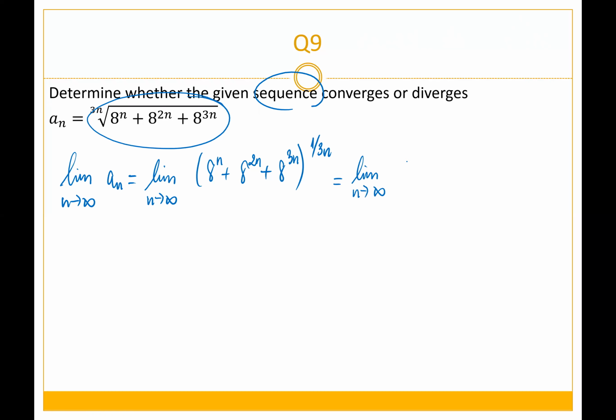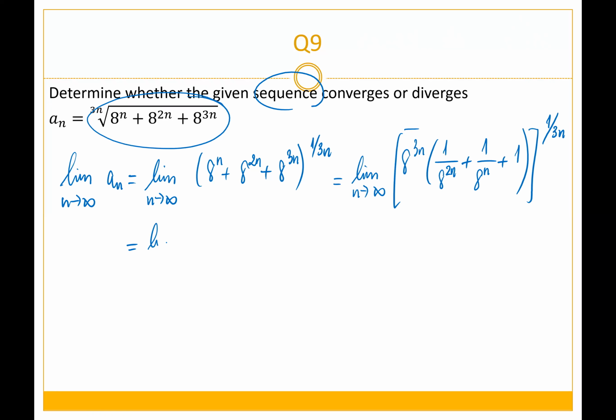So here, when you take a to the 3n out, what you have inside is 1 over a to the 2n, 1 over a to the n, plus 1, to the 1 over 3n. Therefore, you can have this part, and this part is basically just the limit of n approaching infinity, a multiplied by the thing inside